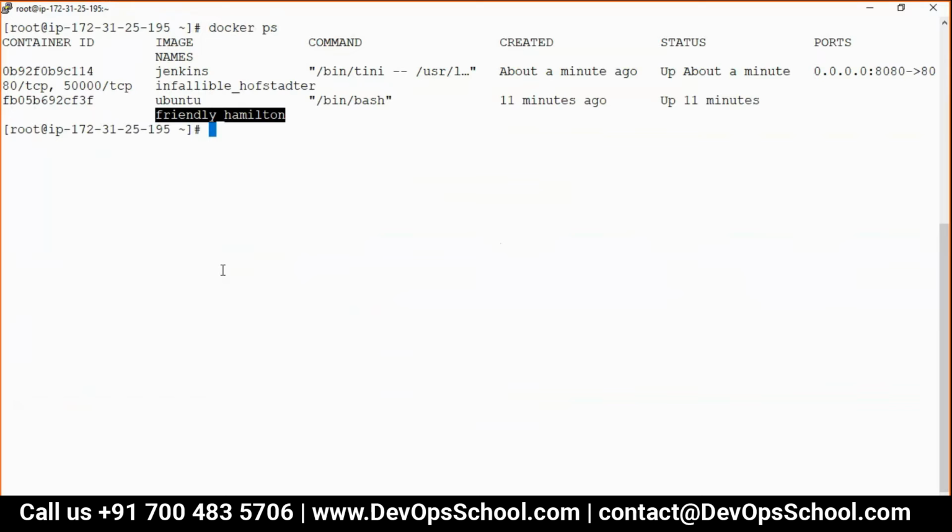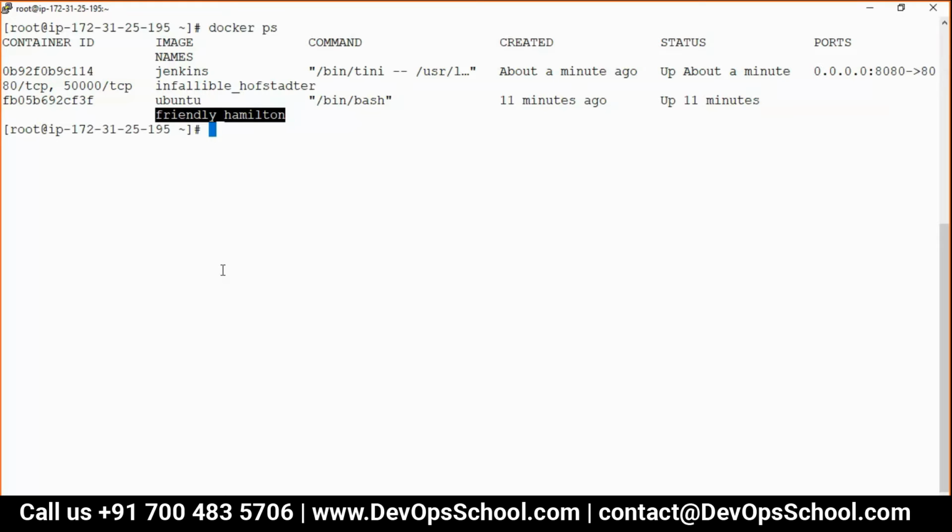Now why do we use a name? Because there is a container ID, so again why do we use a name? So guys, container ID is not for human beings. For example, if I tell you the friendly name Hamilton, and if I tell you FV05B692CF36, which one will you remember? Humans are wired for names, not for numbers and digits.